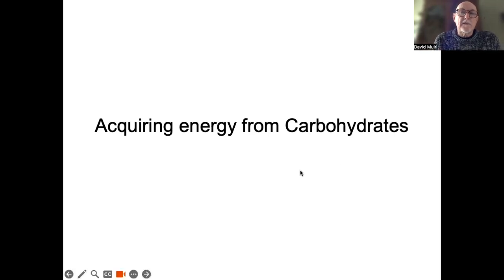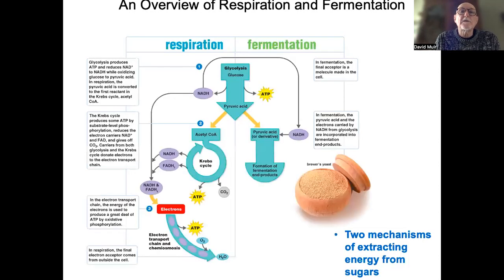So we're going to now consider, we start off by considering just the relatively simple molecule of glucose. And most of our discussion will be how much energy can we actually extract from a molecule of glucose. So we need to remember that in microbes, in microorganisms, there may be two entirely different systems of producing ATP. And the first system that we are going to talk about is going to be